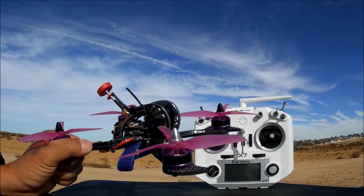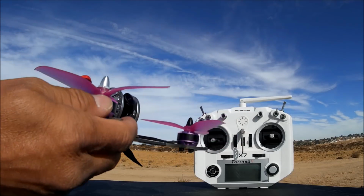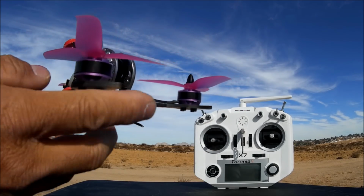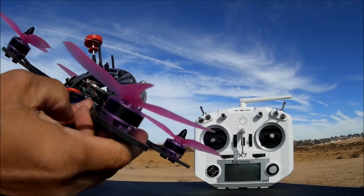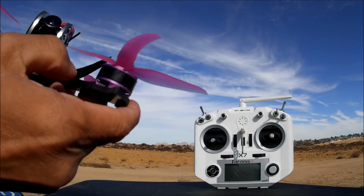However, I'm getting a lot of vibrations out of this thing as well, and I just noticed something as well. Take a look. Yeah, I think I have a kind of a bad motor on this one here, the front right motor, making some kind of ball bearing kind of sound. See how this one,